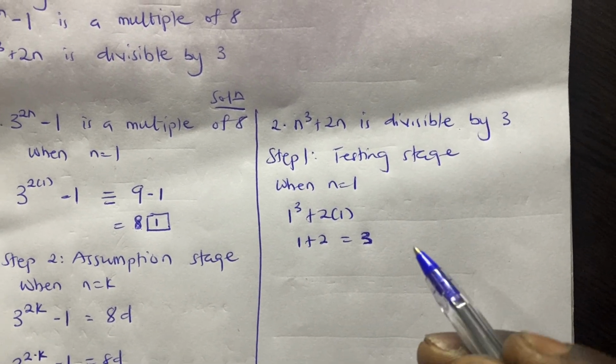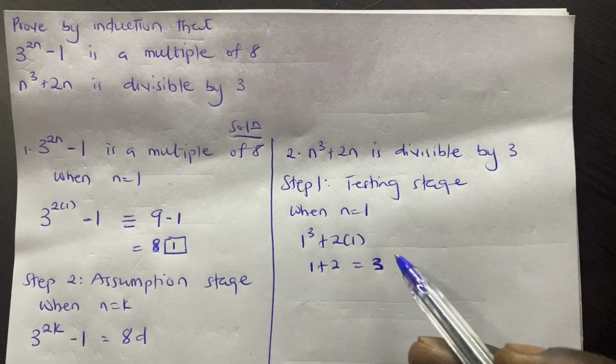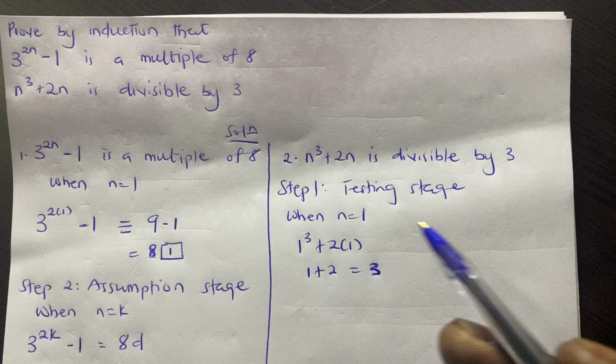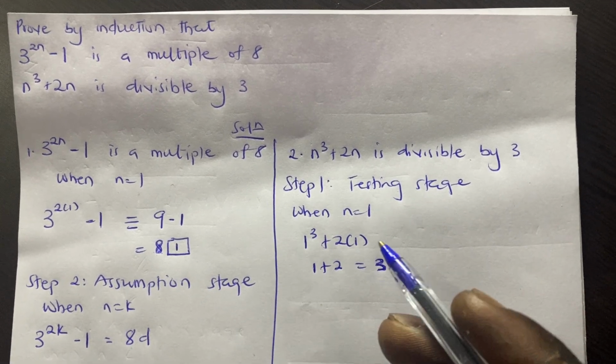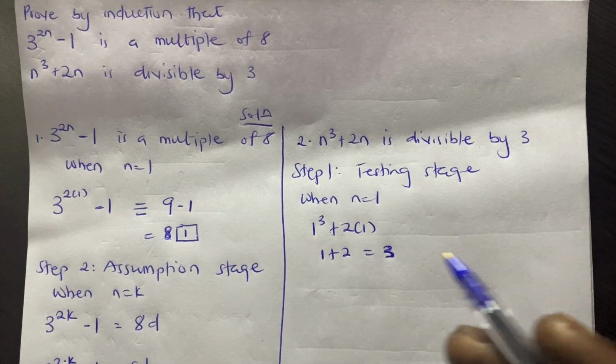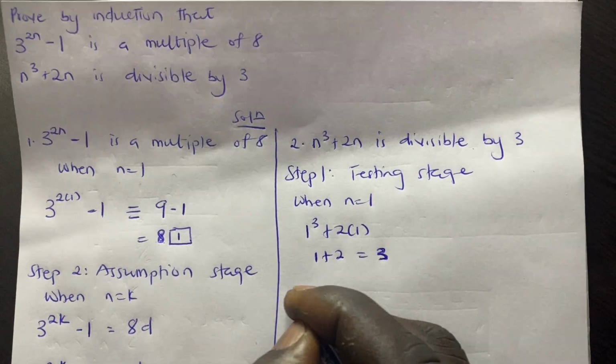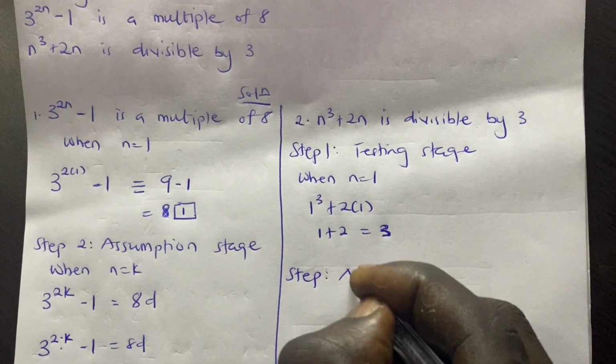Now, like I said, it's not always that you are going to test it with 1, but in instances where you are not supposed to test with 1, the question will be specific and may probably give you something like when n is greater than or equal to 2, then you know that you can start from 2 or any other number that it gives you, right? So step 2, which is the assumption stage,